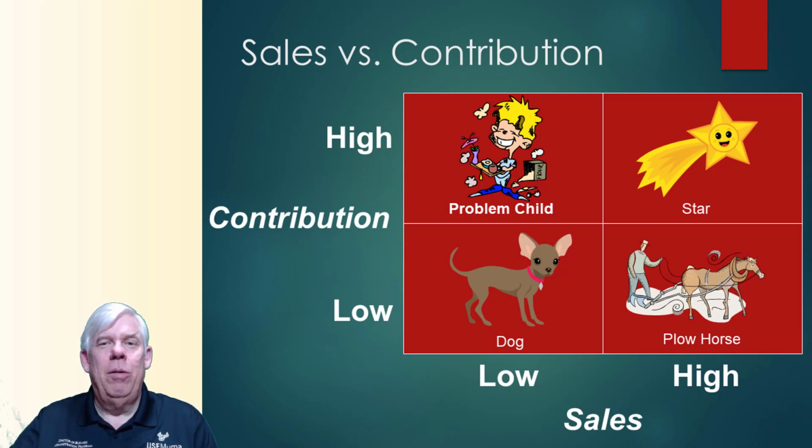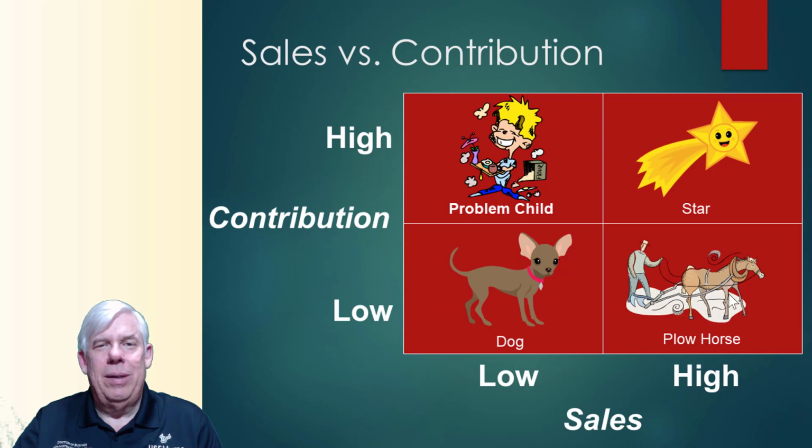And in this particular model, what we're looking at is sales on one axis. Are they a high percentage of sales or a low percentage of sales? This normally is applied to products within an organization's portfolio. And then the second axis is the contribution. Do we make a lot of money on each sale, or do we make a little money on each sale? So in this particular model,